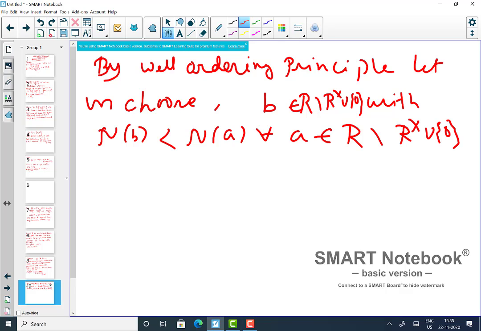Now I'm claiming that the well-known principle guaranteed this kind of element, but it never guaranteed that it is unique. So what does that mean? There might be many elements with the same property. Whatever, I don't care. If I have one, then I can now use it for any